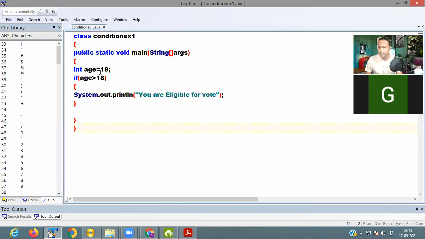First, int age is equal to 18. The condition is 18 greater than 18, which is false.